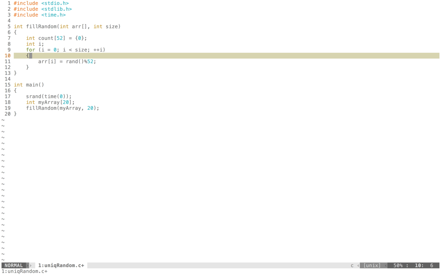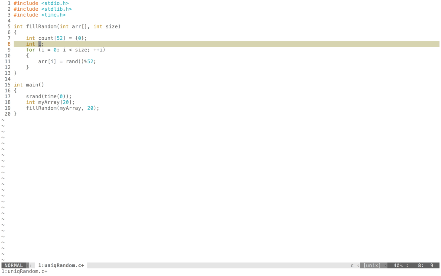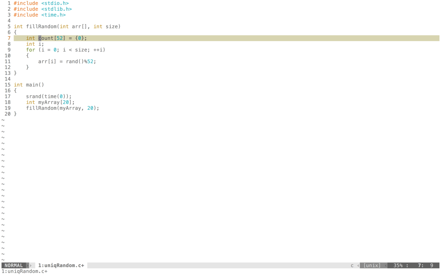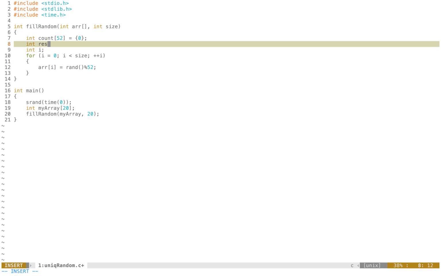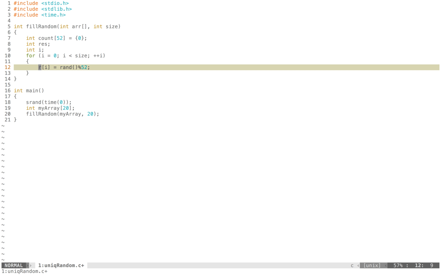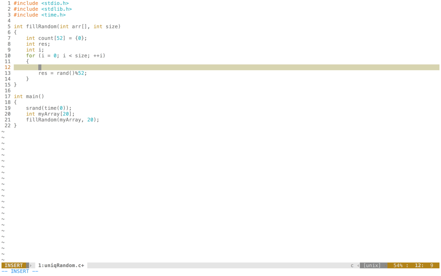So we have 0 through 51 elements in our count. So let's go ahead and change things around a little bit here. In order to determine if a number's been used, we would simply say count at position whatever the number is, and then if it's greater than the number of times we can use it, then we generate another random number. So in order to do this, I need to have another number to store my result from my random number generator. And then what I'll do is I'll use a do while loop. So I'll say do